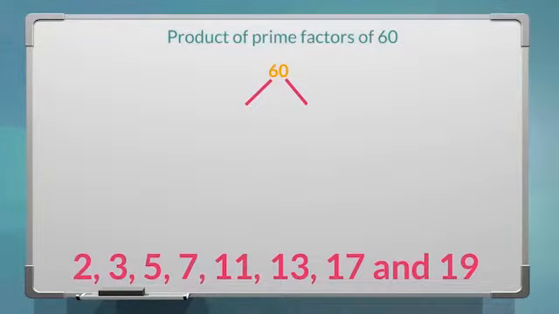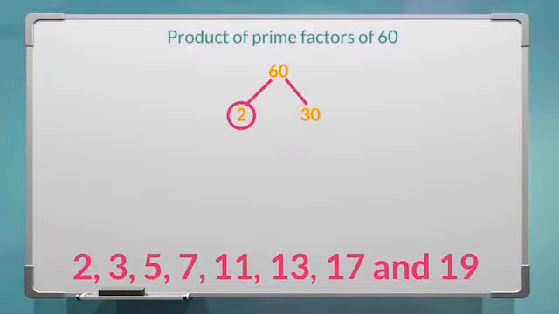What is the smallest prime number that goes into 60? From our list here, we can see the smallest one is 2. We write 2 under the branch on the left and we circle it as well because it is a prime number. What do you multiply 2 by to get 60? I hope you're thinking 30, and this should be written under the branch on the right. Now, 30 is not a prime number, so we do not circle it,